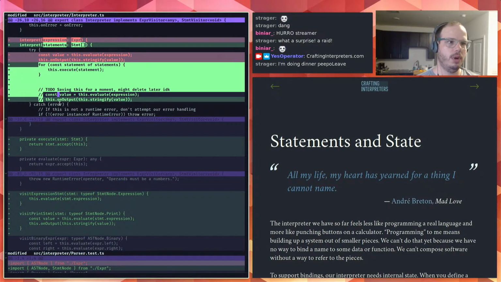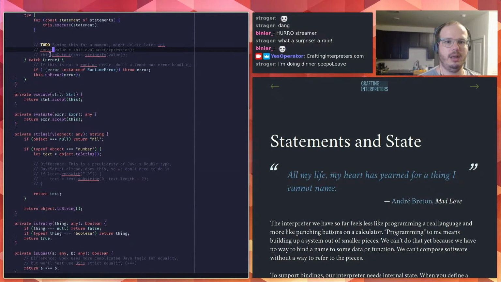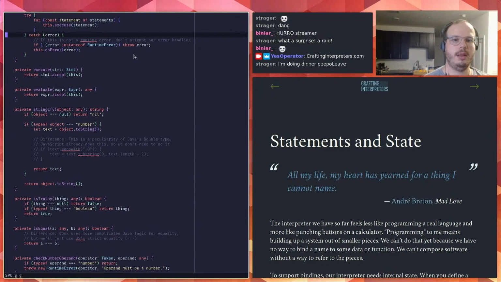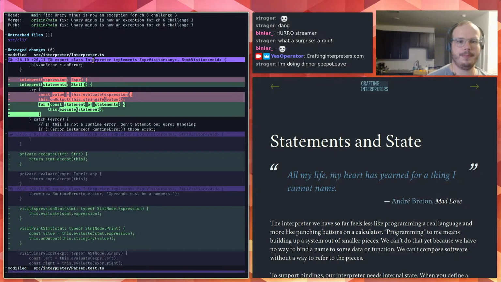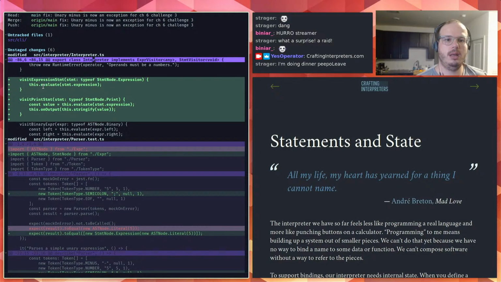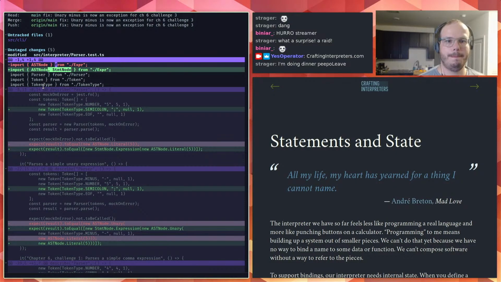So this is where before we were outputting the result of executing an expression, but we just don't care about that anymore. Okay. New execute for statements, new visitors for our 2 statements. Looks good.